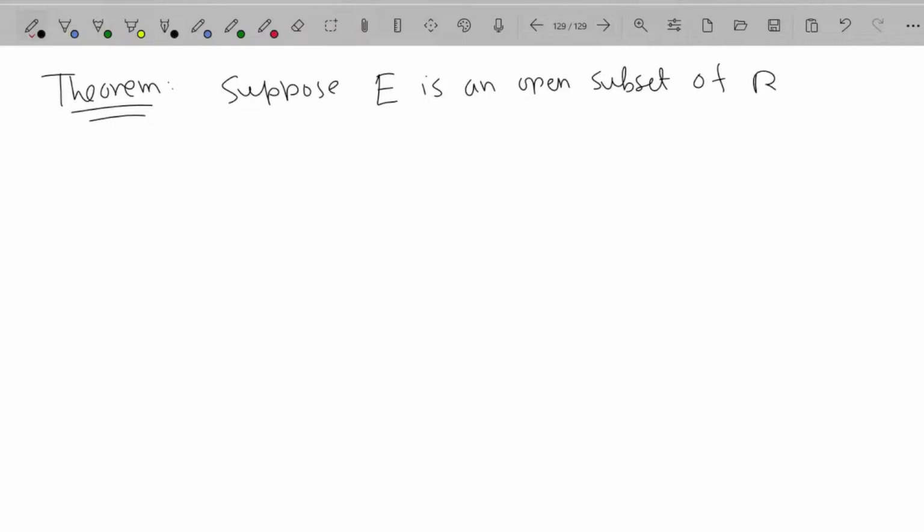So theorem. Suppose again, suppose E is an open subset of Rn, and F is a mapping from E to Rm, and F is differentiable at the point x naught belonging to E,